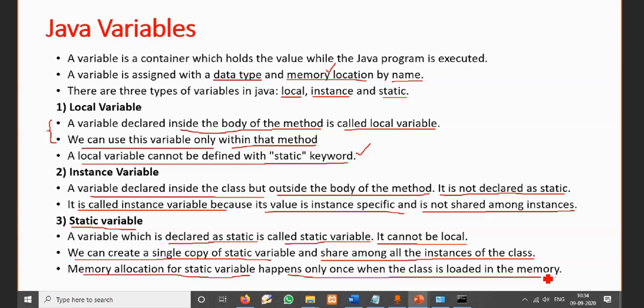Whereas if you do not add the static keyword with that variable, it will be a separate copy for each and every instance. That's why we say only once when the class is loaded.